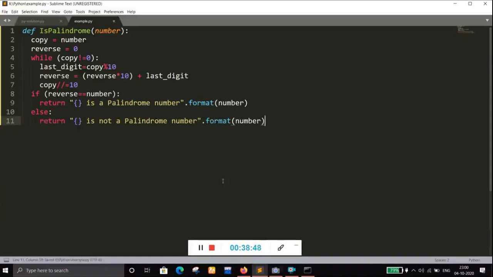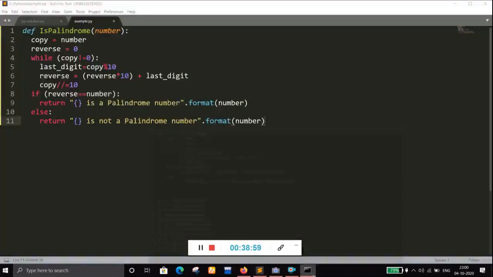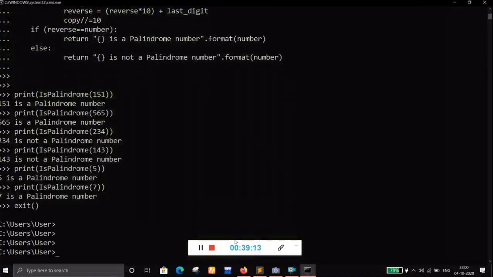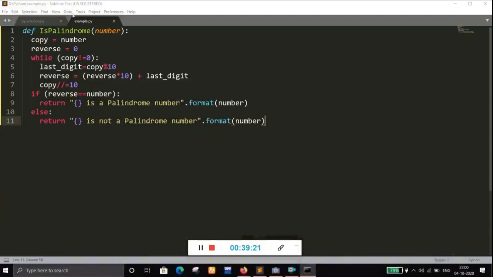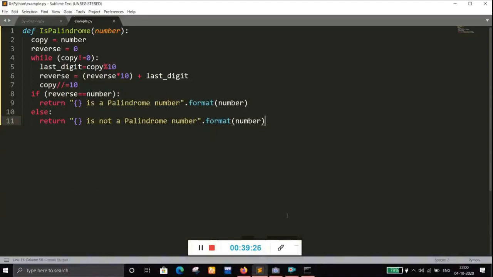So now I'll show you how to use this function from here without even writing this function again. Let's exit from here. Now remember, you have to go to this location. So just copy file path,